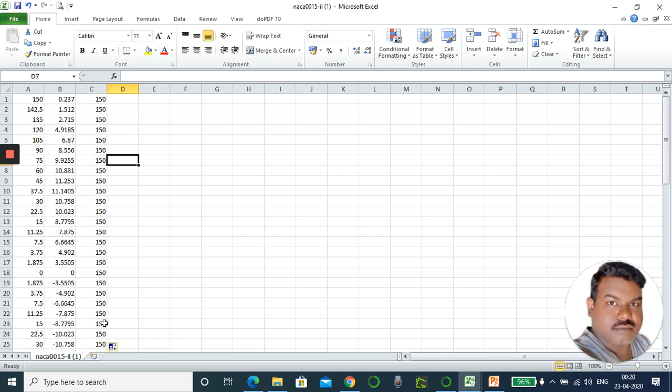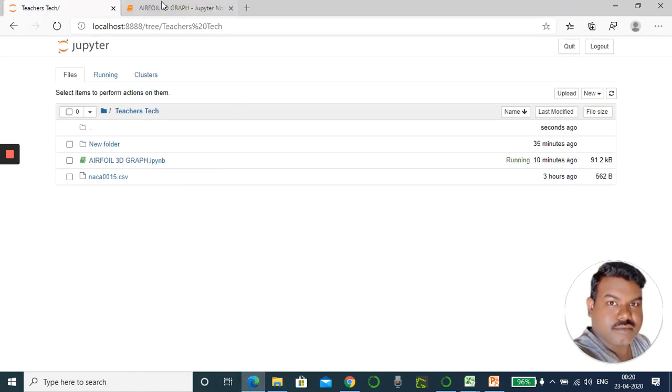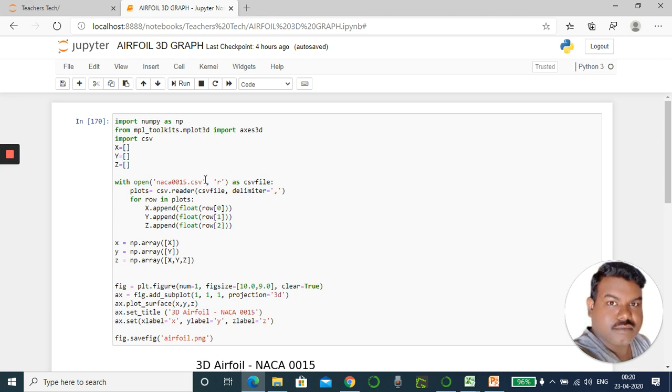Now this file is going to be called in the program. This r stands for reading, and hereafter this file is called as a CSV file.